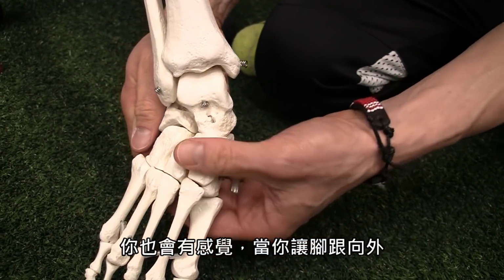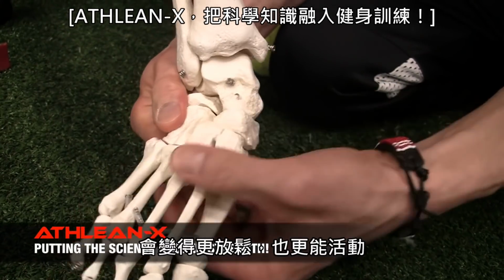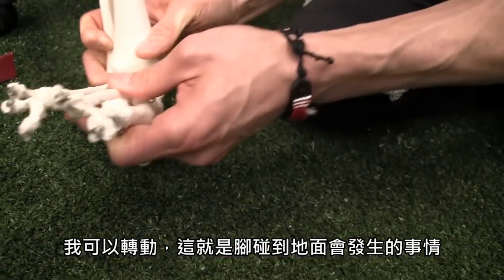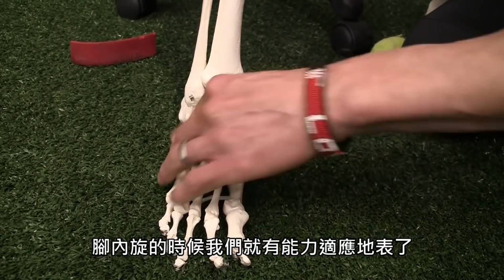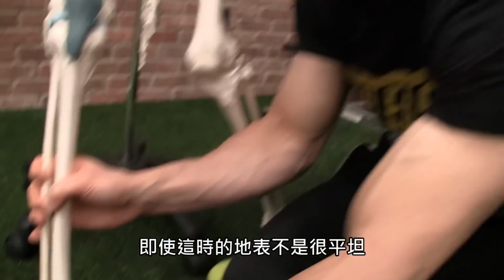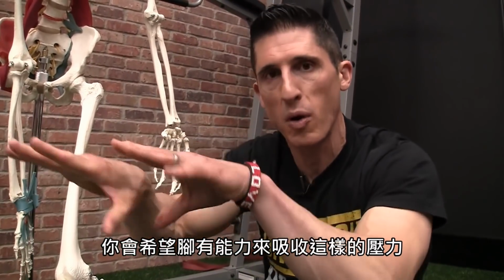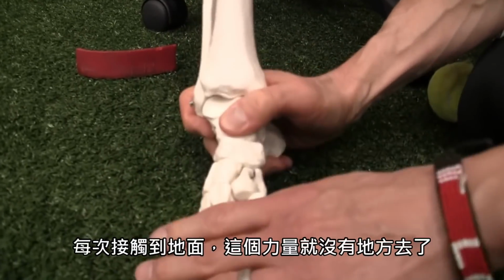If you move the heel out, you can see that all the joints here in the midfoot are nice and loose and mobile, and I could actually twist and turn. And that's what happens when our foot hits the ground. We go into this pronation, the heel kicks out, so that we have the ability to adapt to the surface. Even if it was an uneven surface, you want to have that mobility to absorb the stresses of that. If your foot was a rigid lever and it hit the ground every time, there's nowhere for the forces to go